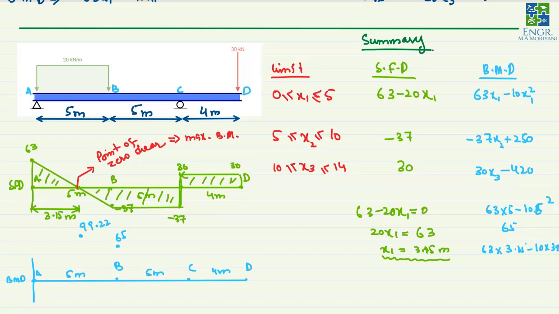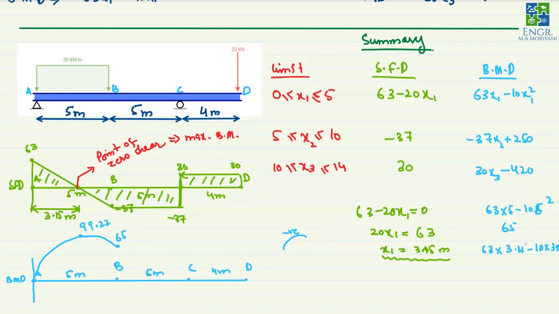So how are we going to connect these 2 points? Because this is a quadratic equation and it has the negative sign on x1, the curve should look like this. Because this is a negative curve, it should look like this. This is a 2-degree curve, and it will have the maximum point at 3.15 from the left corner.